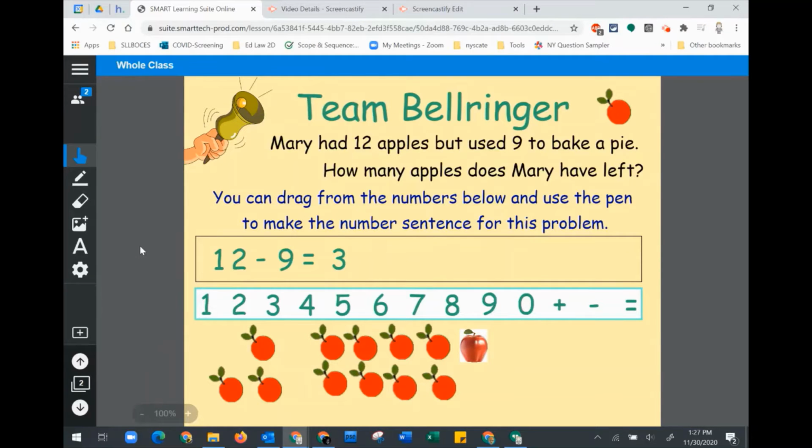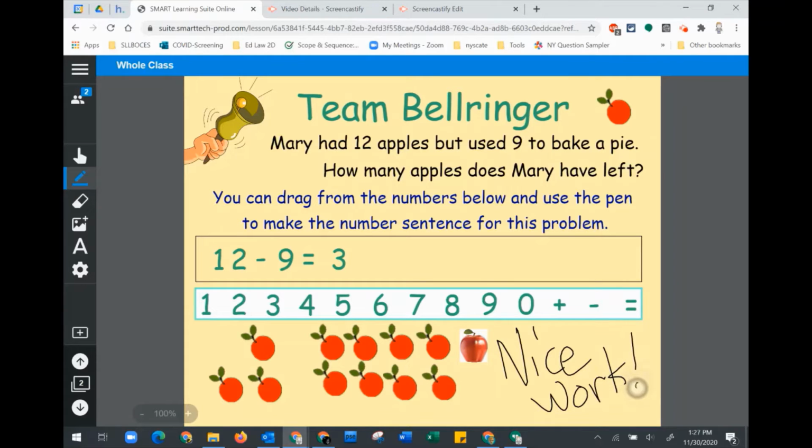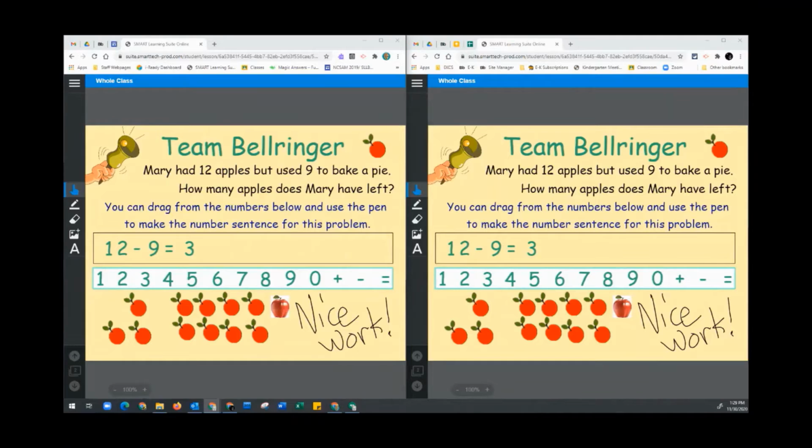Now here it is at the teacher view. I could see the work they've just done. I'm looking at the whole class because there is only one group. That whole class would have a drop down if there were multiple groups where you could choose to go in and see them. And I have the same tools that the students do, so I can write nice work on there. And then at the bottom left, I'm going to click to go to the next page,